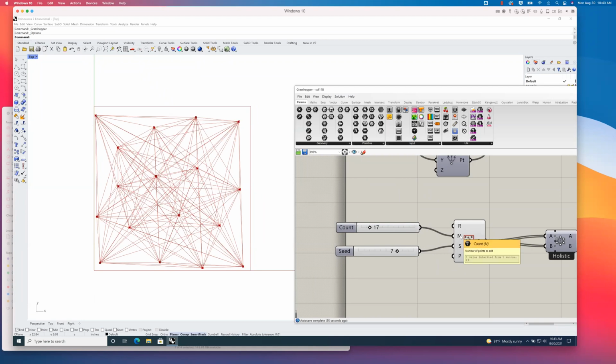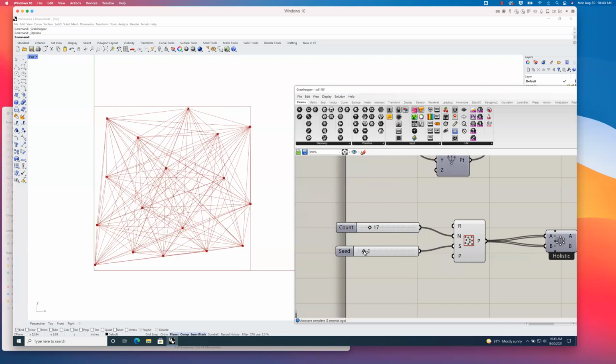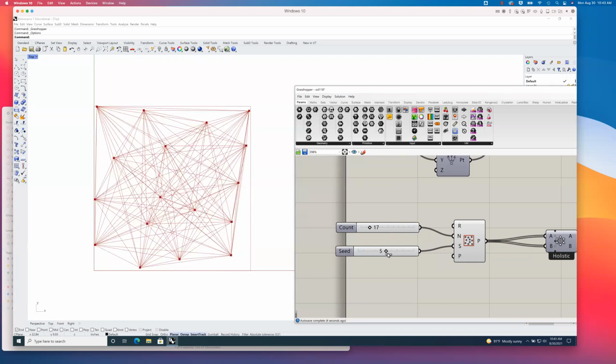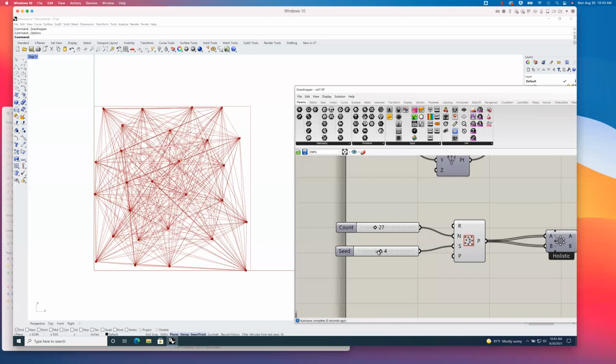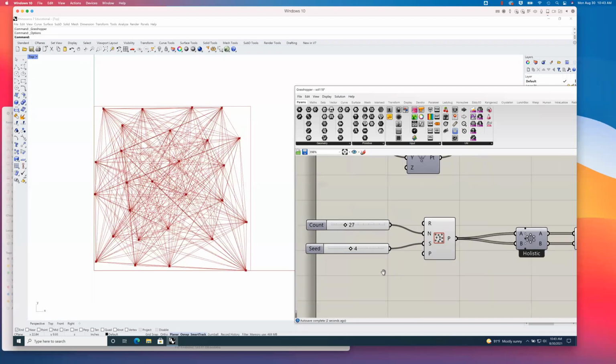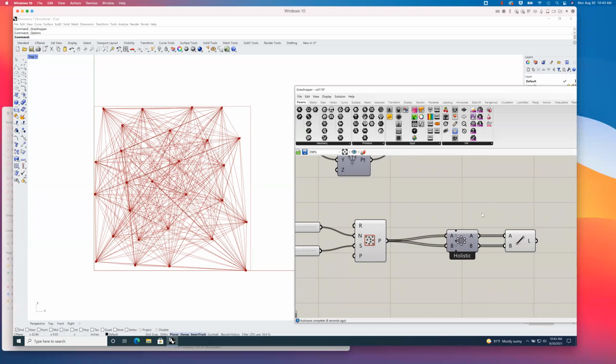Then it needs the number of values to create. And then there's a random seed engine. I can change the random seed and get a different set of random points. I can also change the number of points I'm generating. Then I'm taking each point in this cloud and drawing a line to every other point in the cloud, right? So this is